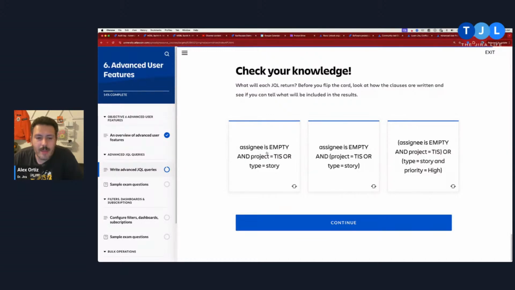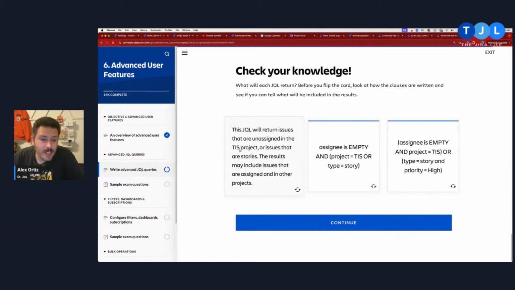So we're going to get any unassigned issue in TIS, and we're going to get all the stories. So let's see if I'm right. This JQL will return issues that are unassigned in the TIS project or issues that are stories. So the results may include issues that are assigned and in other projects. Yep. This one says the assignee is empty and project TIS or the type of story.